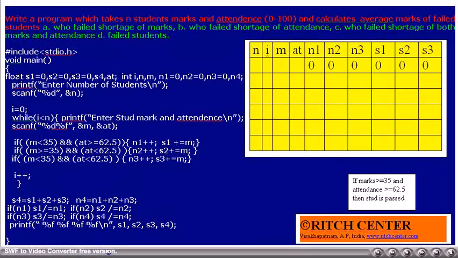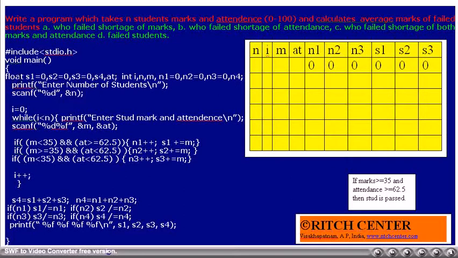When we come out from the while loop, the S1, S2, S3 contain the total marks of the failed students who failed because of shortage of marks, who failed because of shortage of attendance, and who failed because of shortage of both attendance and marks.